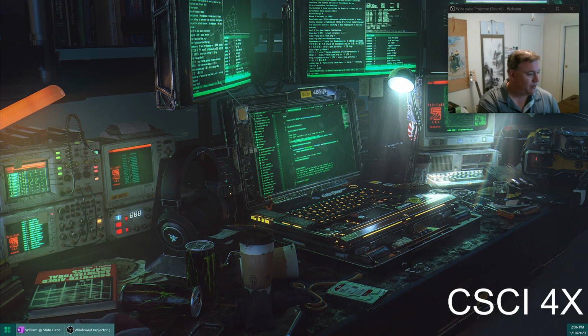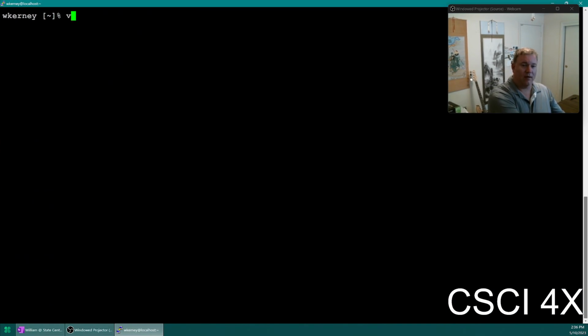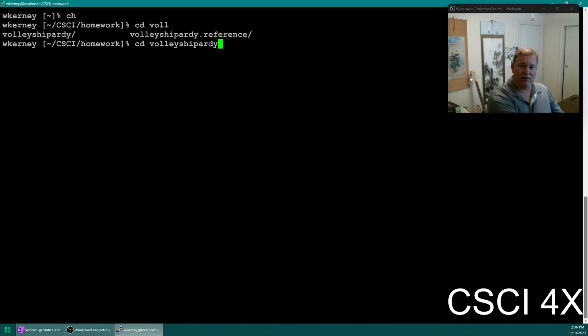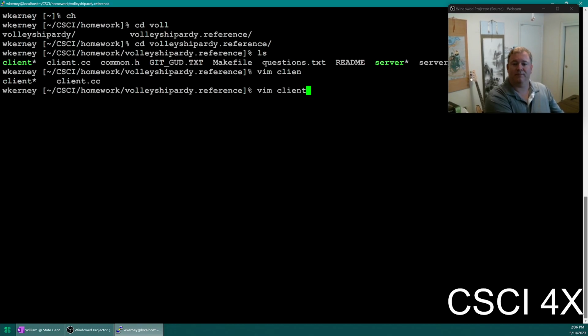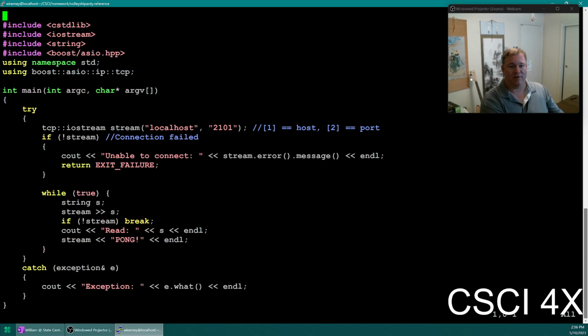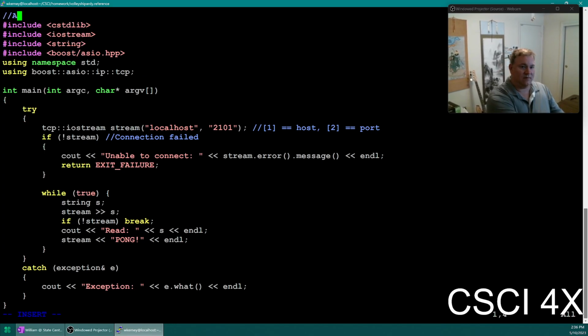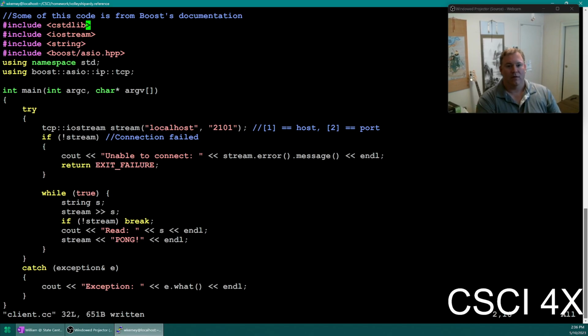And so if I pull up on the server here, we're going to do a little networking using Boost's reference. And in order to get this going, I'll go ahead and delete their attributions on it because I've started modifying this enough that I'll just give them credit. This code is from Boost's documentation. Okay, there. So I am using Boost's Iostream